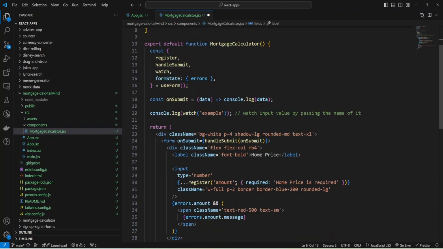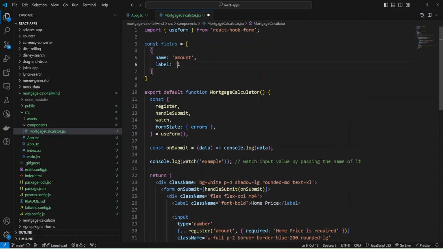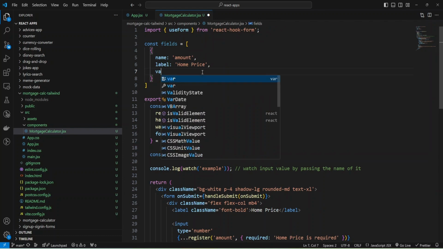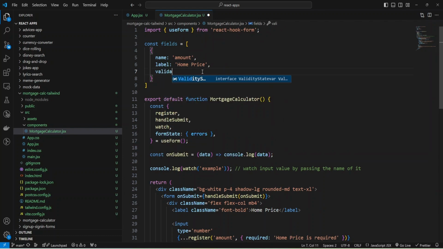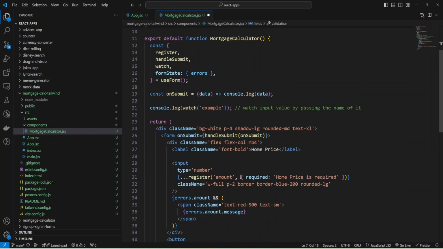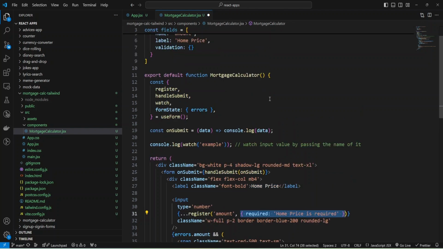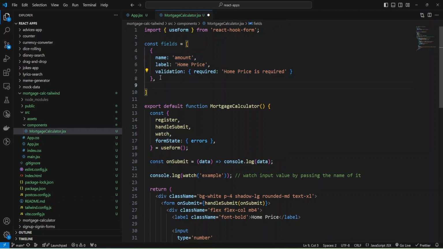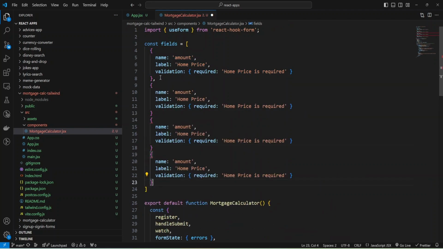The label, I'll provide the same values as we did for our first input, and also I'll use validation and provide it as here. Okay, and I need more fields.